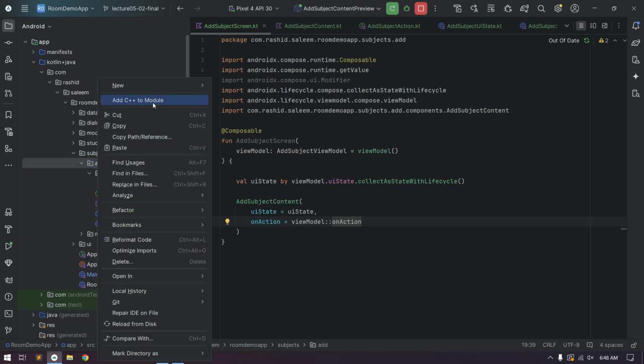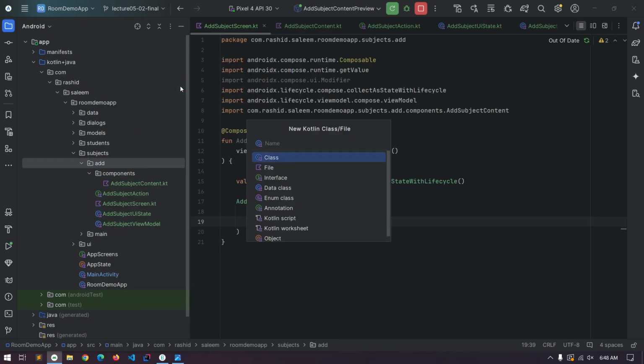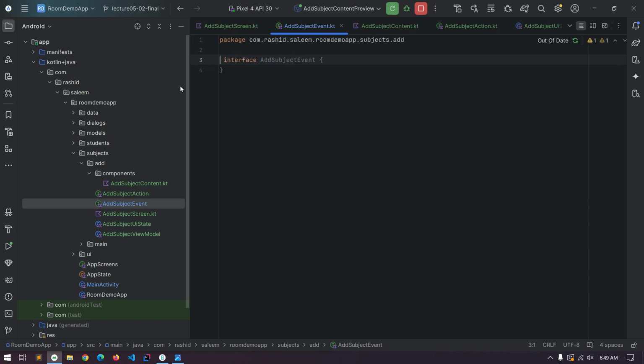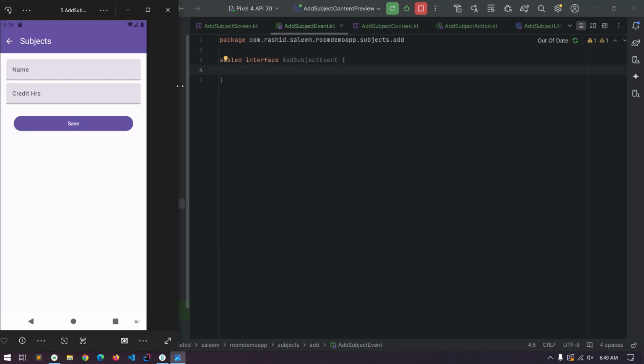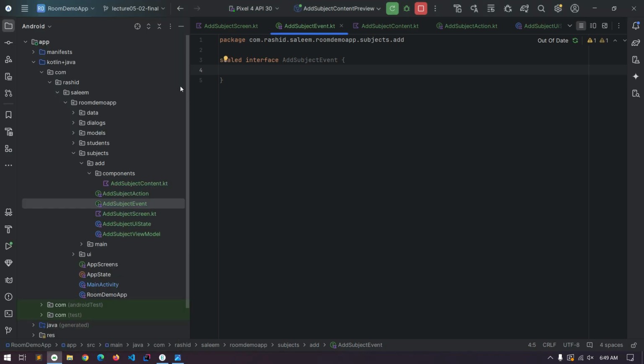So for that we will create another interface, AddSubjectEvent, and this would be a sealed interface, and in there we will define those events which will be sent from the view model to the UI screen. So our first and only one event would be navigate back. So we will create a data object, NavigateBack,